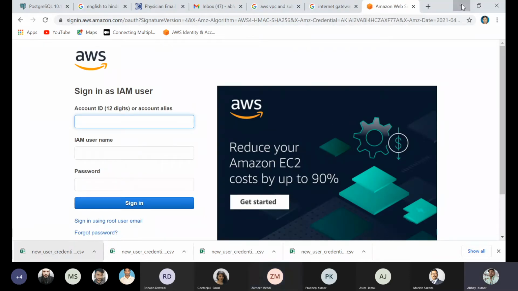Yeah, so an IAM user means you are a user for accessing resources, and you have some privileges and roles. By these roles and privileges, you can access them. Anyone can come and access the server, that's not possible, of course.